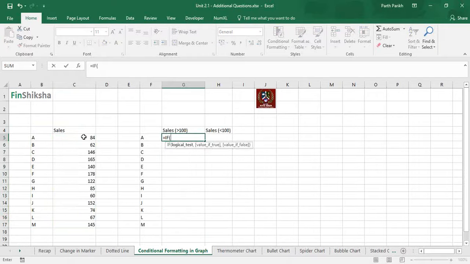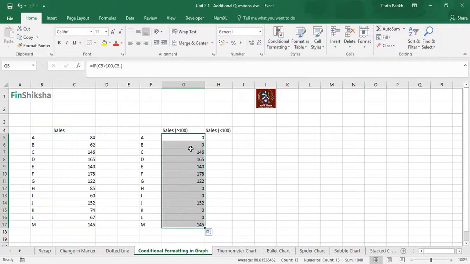Once you are done, you simply have to delete this data and write the IF condition. The logical test is, I will check for each company. If my sales is greater than 100, then I want to have that particular value. If its sales is less than 100 crore, then I don't want that value displayed in this column where the sales is greater than 100 crores. So I will write this equation: if my sales is greater than 100, then display this, else do nothing. So sales is less than 100, so it says that it's 0. I'll simply drag this, so it will filter out that for all companies my sales is above 100 crores.